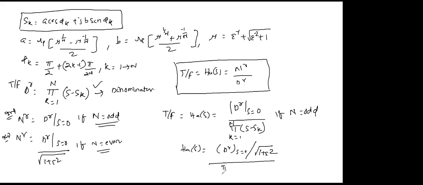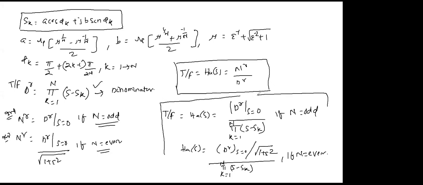So k equals 1 to n, and s is s_k if n is even. Clear to all of you? Okay. So this is the expression for the transfer function of an analog Chebyshev low pass filter. For an analog Chebyshev low pass filter. Okay. Now